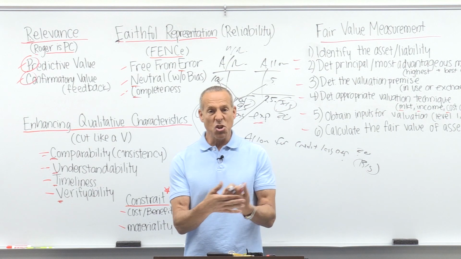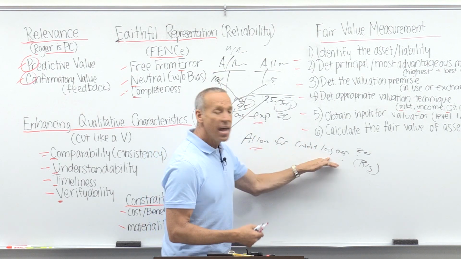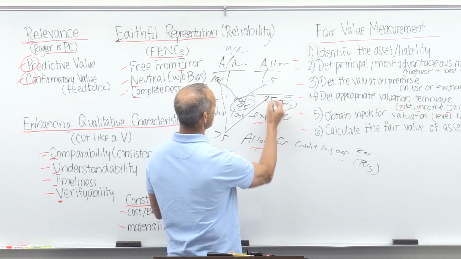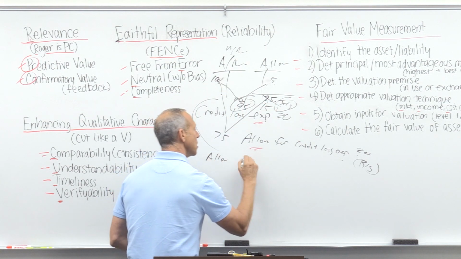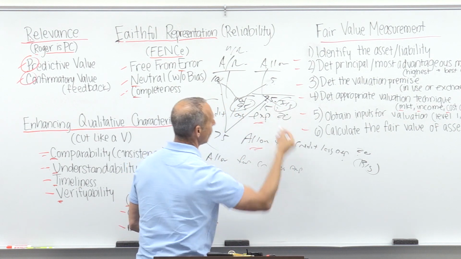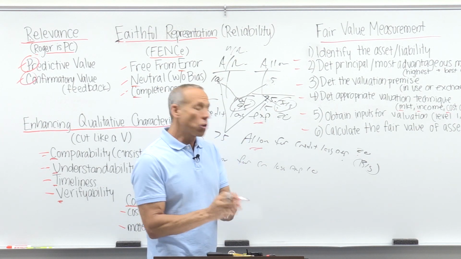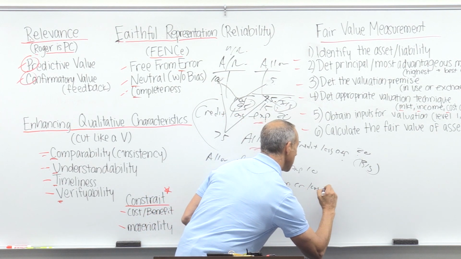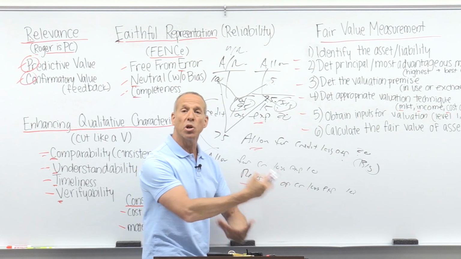accordingly. If we're going to increase the allowance, then basically it's going to be credit loss expense and your allowance for credit loss. If it's a decrease, let's say now instead of 25, we want to go down to 15, then we flip this, debit allowance for credit loss expense. So we're reducing it by whatever, let's say 10. What that's going to be is a reversal of the credit loss expense, and that would be for 10 as well. So that's called a reversal. We would just be reversing it out.